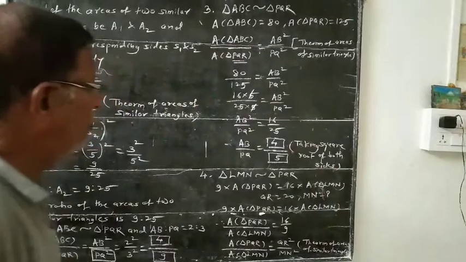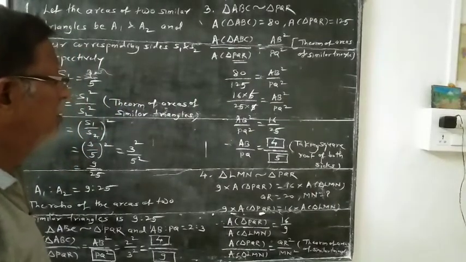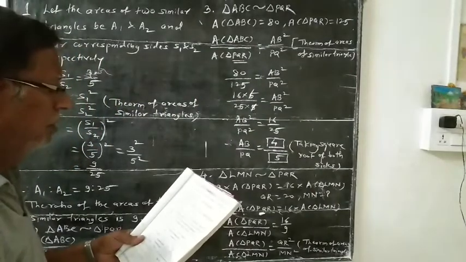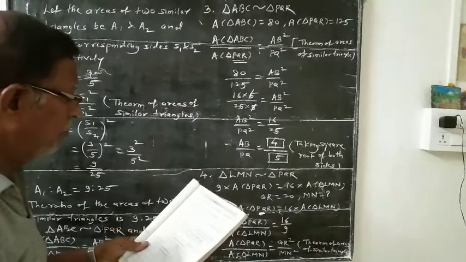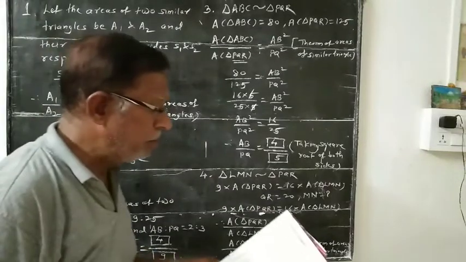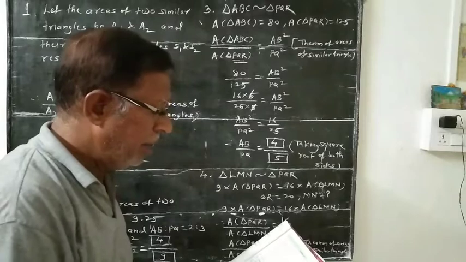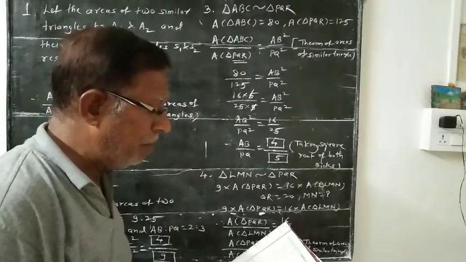AB upon PQ is equal to 4 upon 5. This is our third example. The fourth example: triangle LMN is similar to triangle PQR, and 9 into area of triangle PQR is 16 into area